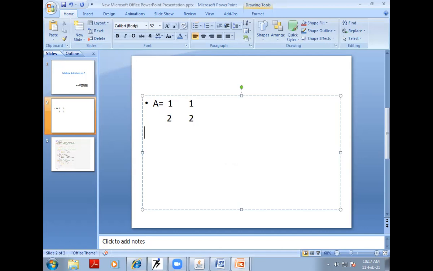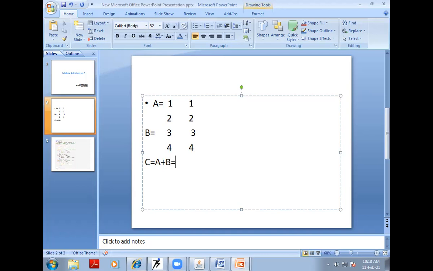Say we have another matrix B, and its elements are, say, 3 3 and 4 4. And we want to add the matrices A and B. So let us have a matrix C, which is the sum matrix of the A and B matrices.